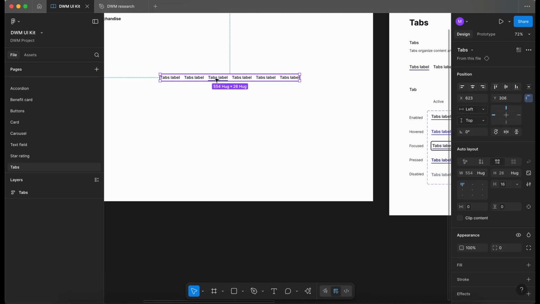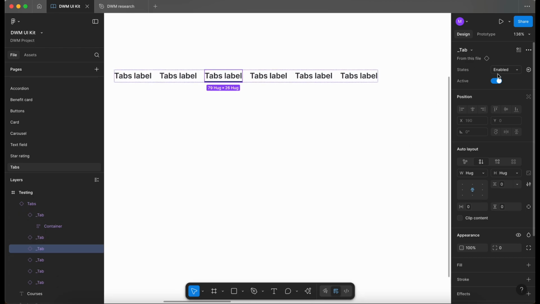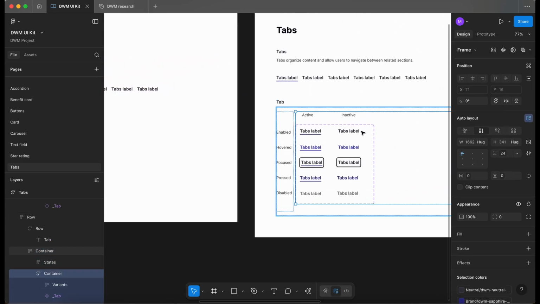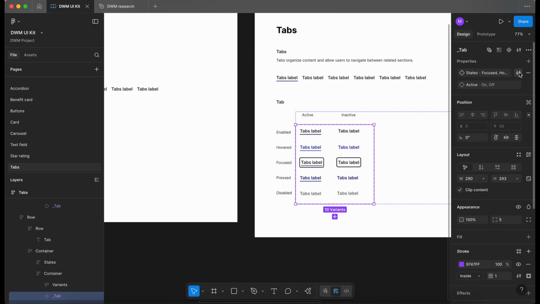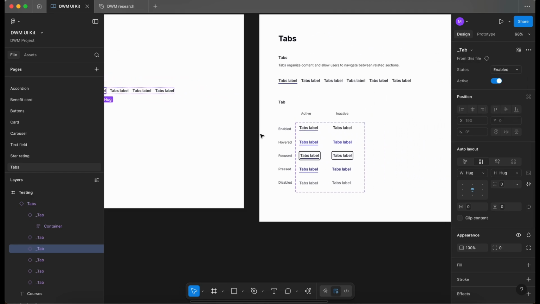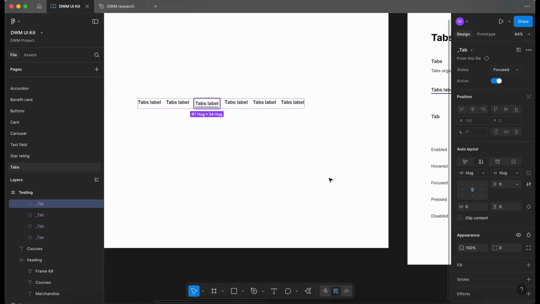Let me just go back in here again and we'll select that tab for now. So we should have a nice streamlined states menu, which is good. I am going to go back in and just adjust the order. Okay, there we go. So we should have all of our states in here in the right order. So that's good. So just going in here, and when I trigger that focus state, it pushes that component out